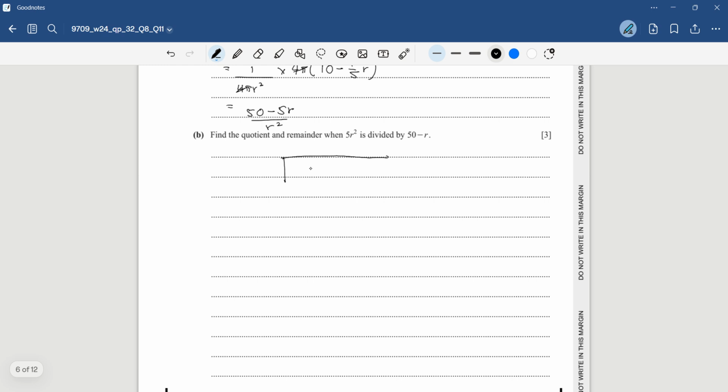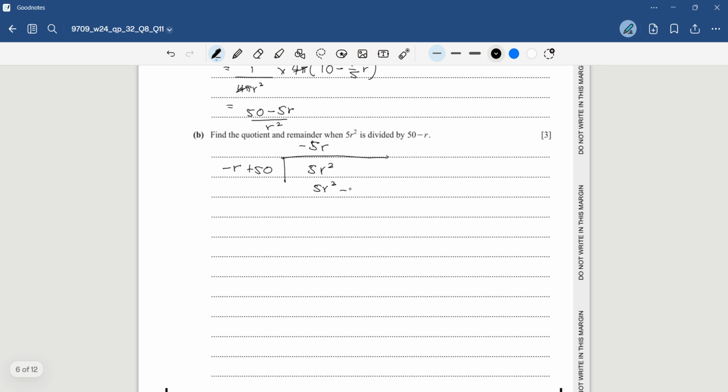So it's going to be 5r squared divided by 50 minus r, or I can rewrite this as negative r plus 50. Okay, so it's going to be multiplied with negative 5r, so it will be negative 5r squared, sorry, positive,